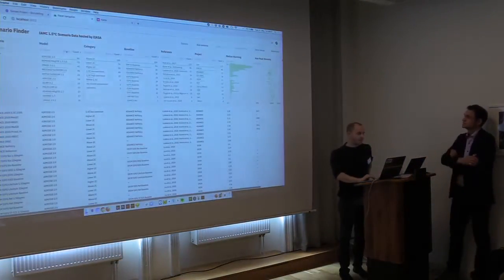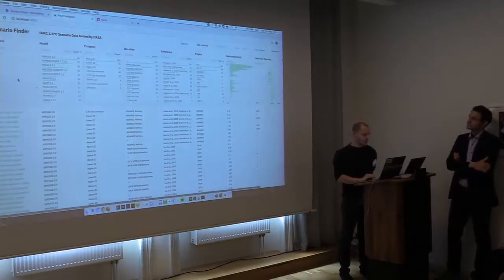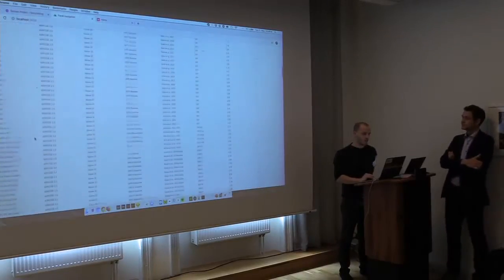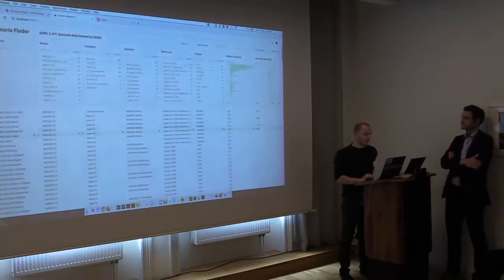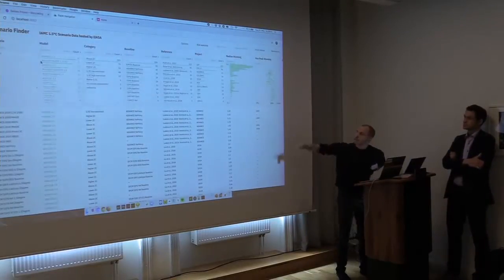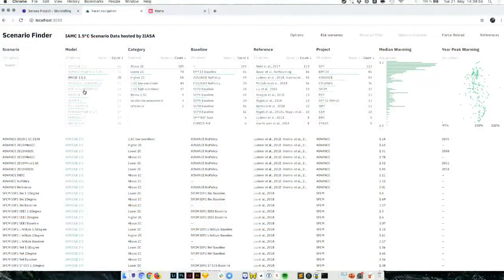So this is how it looks. Basically down here I have a list of all the scenarios available, and up here I have some filters, and what you can see up here is just all the available models that have been used for these scenarios, and you have the numbers of how many times they have been used. So let's say again I'm interested in Elma's research, so I choose the